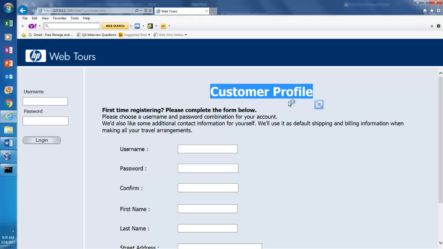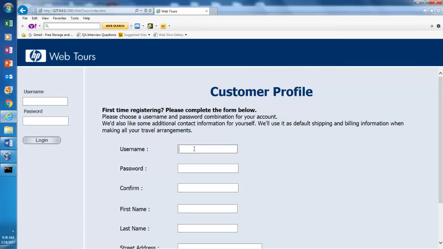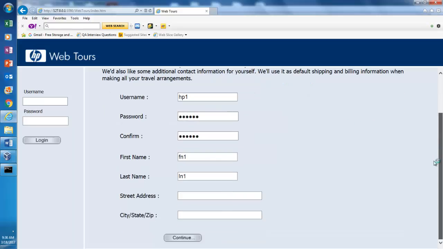right? We are making sure that we are verifying something from the corresponding page. Then what is the next step that I am asking? Input sign up information and click continue. Right? Let's say sign up information. I want to sign up a HP1, right? And then let's say FN1. We can skip other information, but I will input other information. And then